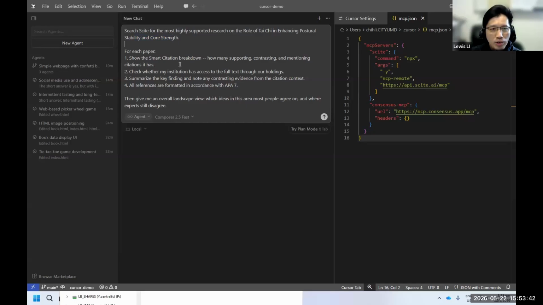And then I want Cursor to generate smart citations for me, where the citations should indicate supporting, contrasting, and mentioning. And whether our institution, that means CTU, has the holding, and also summarize the findings and cite the references in APA style. And give me an overall summary of the research.